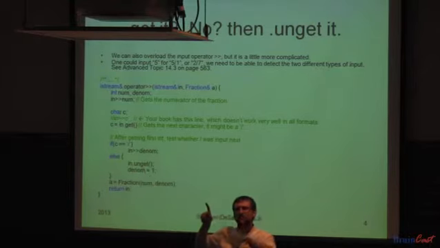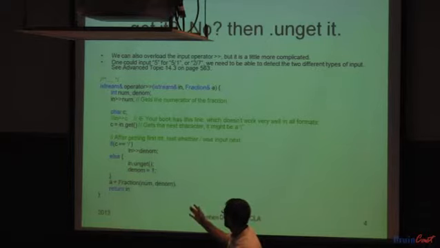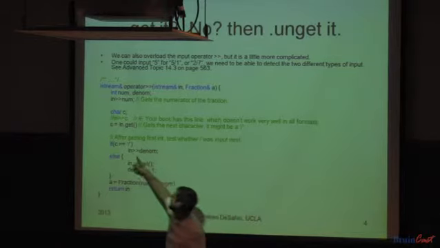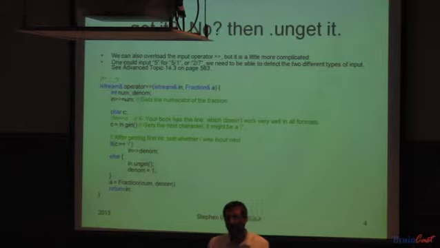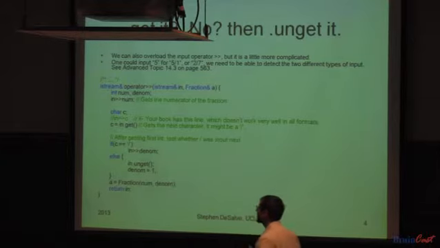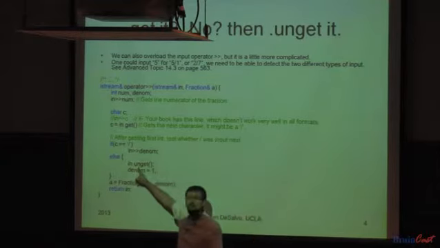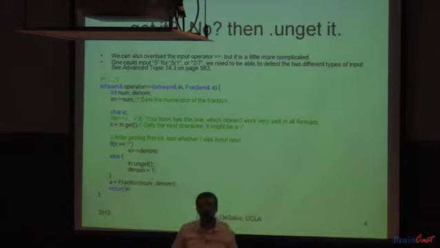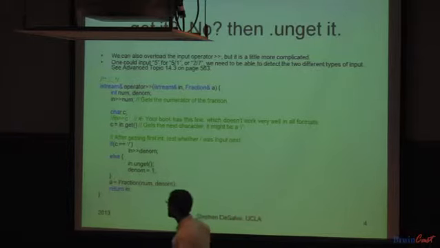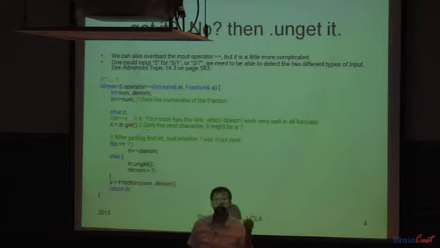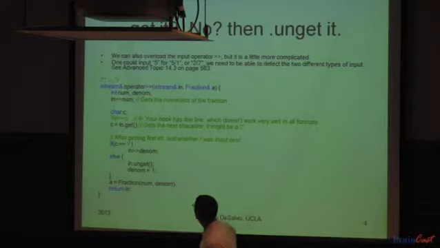is that backslash or forward slash? I think that's forward slash, right? Yeah, forward slash. Okay. If it's equal to the forward slash, then you want to grab the next integer after it. Okay? Now, if it's not a forward slash, then you want to put it back. You want to unget it. And then in that case, the denominator is equal to 1. Okay? So that way your fraction has been input as just a 7. And it's implied that it's 7 divided by 1. Okay? And then you can